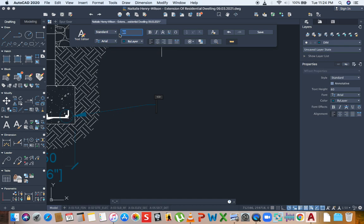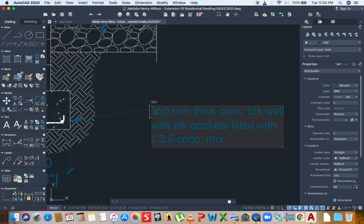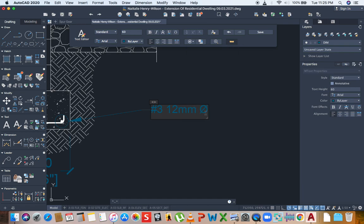So number 3. Hold on. I'm writing in the incorrect area. Alright, let's try that again. Okay. So number 3, because there are 3 bars, 12 millimeter diameter. That's the diameter of the steel bar. Steel bars. There are 3 of them, and they are 12 millimeters in diameter, with